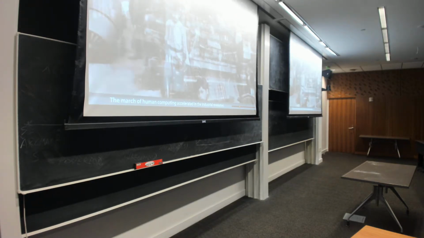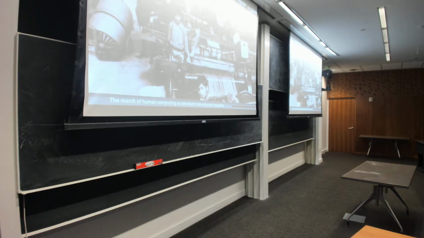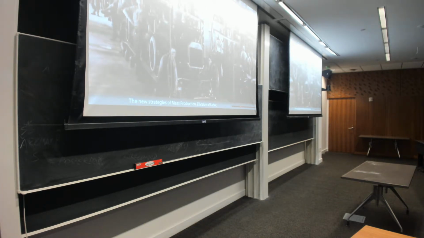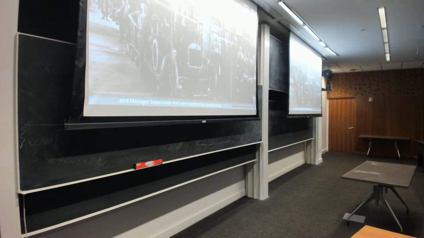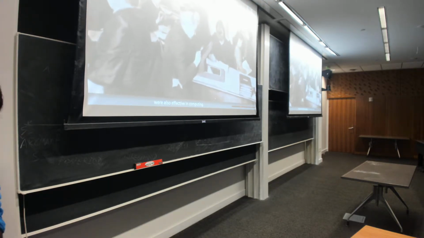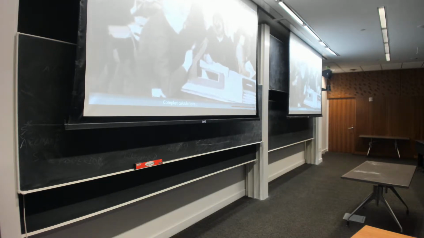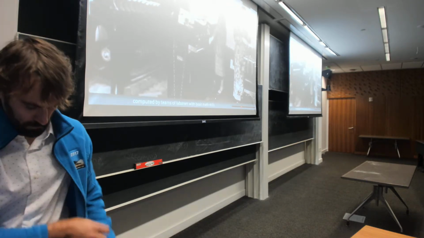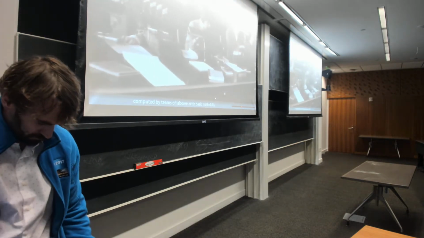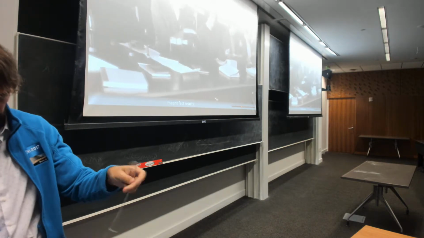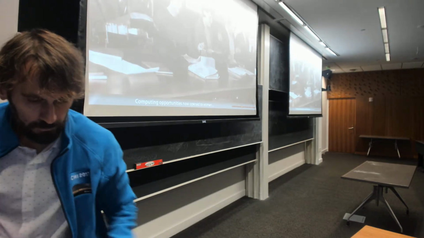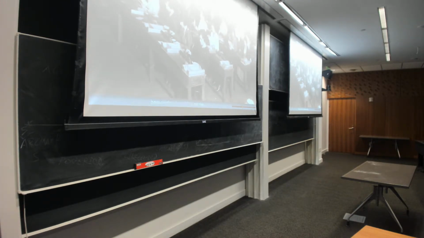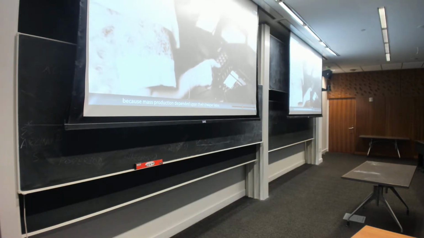The march of human computing accelerated in the Industrial Revolution. The new strategies of mass production, division of labor, and manager supervision that were transforming manufacturing were also effective in computing. Complex calculations, divided into simple parts, computed by teams of laborers with basic math skills, meant fast results. Computing opportunities now opened to women, because they were skilled, but also because mass production depended upon their cheaper labor.